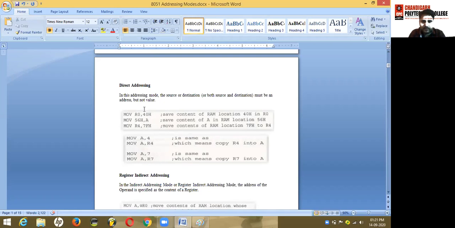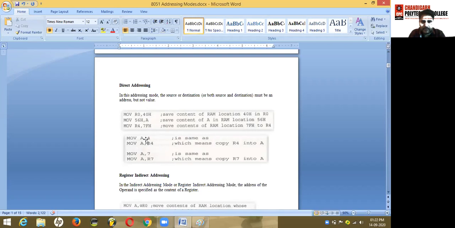You can use any one of the registers from R0 to R7. You can write these instructions as MOV A, 4. MOV A, 4 is the same as MOV A, R4. Also MOV A, 7 is the same as MOV A, R7. You can write as per your choice.